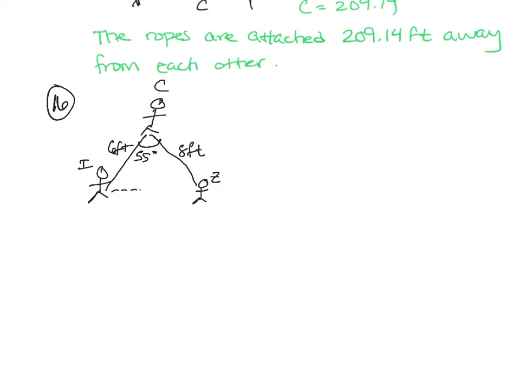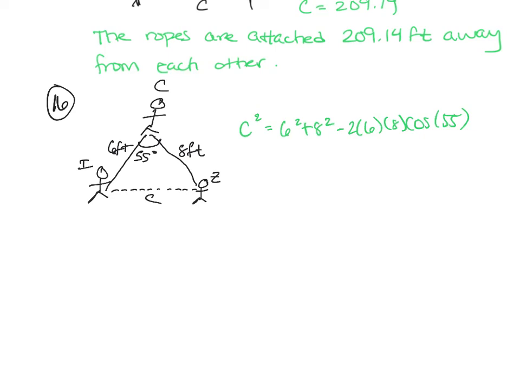So not only do I have to find this length right here, I have to find out if that's more than 6 feet. If they're 5 feet 11 inches away, they're not practicing good social distancing. So let's check it out. Again, we're going to solve for that side length C. So we are going to do C squared is equal to 6 squared plus 8 squared minus 2 times 6 times 8